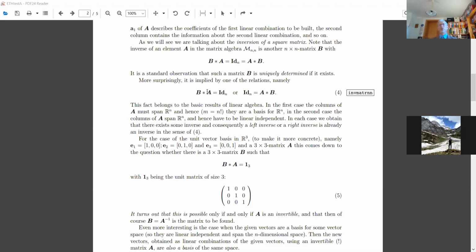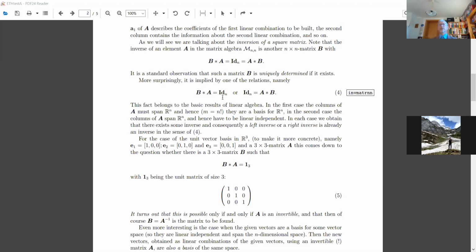Because assume they were linearly dependent, so they would kind of glue together, they would have a linear relationship, then applying B, that linear dependence would also stay. And then the range of this mapping B with A would be less than n-dimensional. There is some linear relationship of n vectors in an n-dimensional space, and that would mean